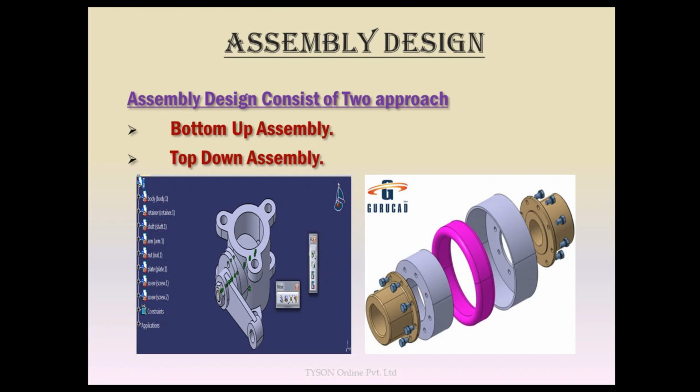And in top down assembly, you don't call the parts. The parts are not already made. They are created in the assembly itself. The main advantage of this assembly is that the positioning part is eliminated in top down assembly, as positioning can be done in the assembly itself. So no need to call the part, create the part in the assembly itself. Wherever the desired position is, you can create the part one on the other. So this is top down assembly.